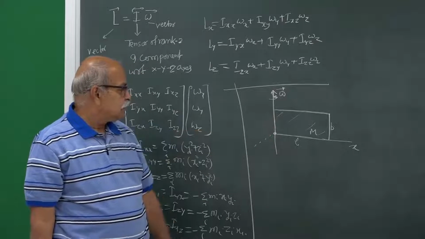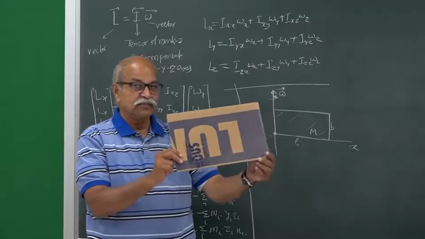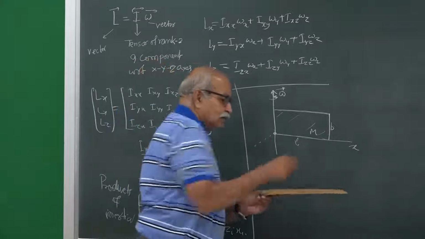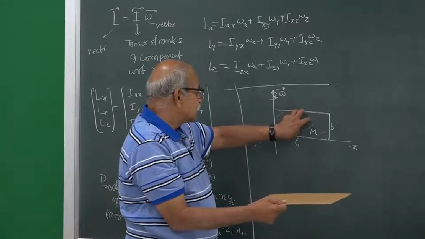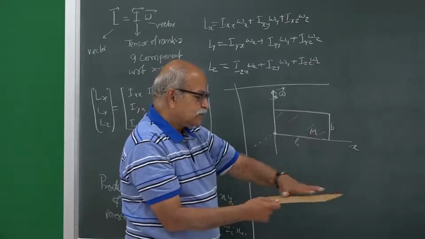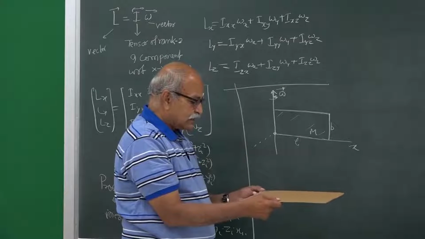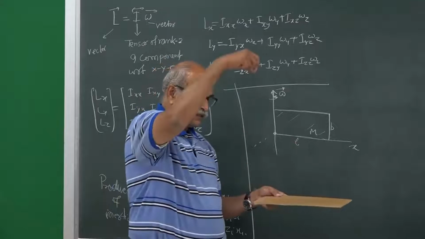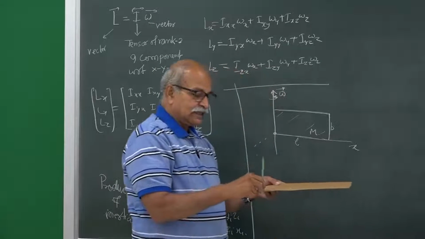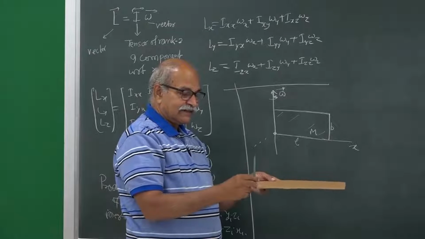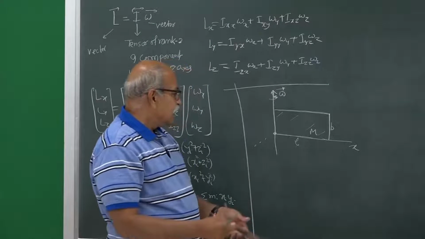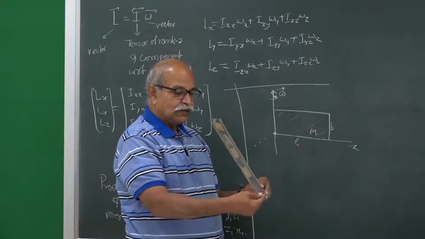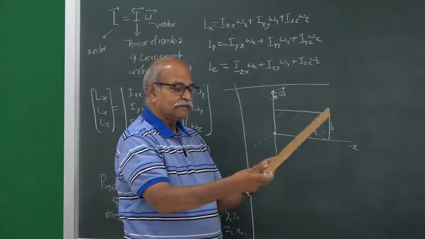So, what is the kind of situation? I have this rectangular plate, and here is a corner, and I am taking the x axis here, and the y axis in the plane of this plate along the other edge, and the z axis is perpendicular to this plane. So this is the x axis, y axis, and z axis, origin. It rotates about the y axis, that means it rotates like this, with a uniform angular velocity omega.